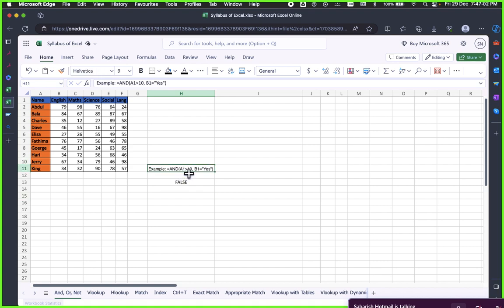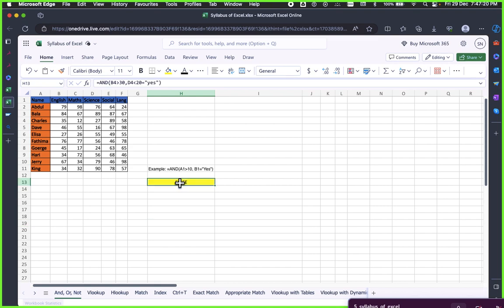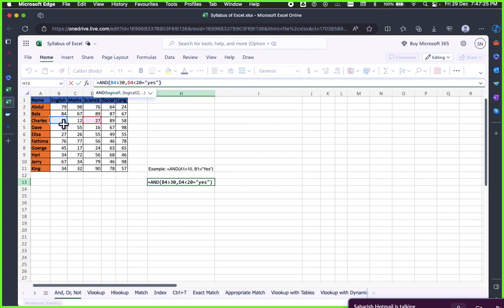So it says A is greater than 10. I don't want to consider this A1, sorry. This is the formula. So what is the formula? B4. See, B4 is obviously 35, and we are asking if it is greater than 30. Yes, it is true. And both the conditions we are asking to check whether